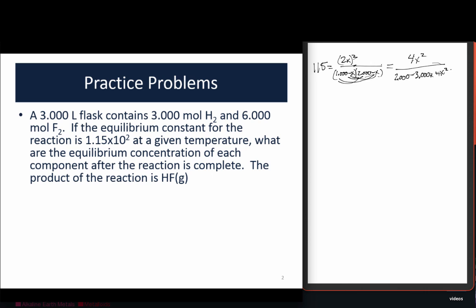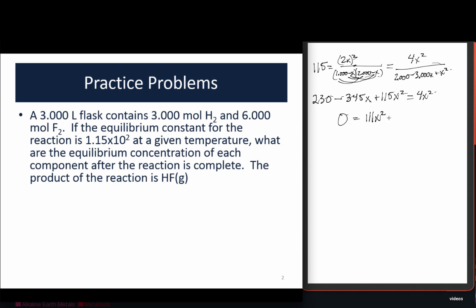Then we multiply this bottom times our 115, and so we'll end up with 230 minus 345x plus 115x squared is equal to 4x squared. Then we can subtract the 4x squared from both sides, and we'll end up with 0 is equal to 111x squared